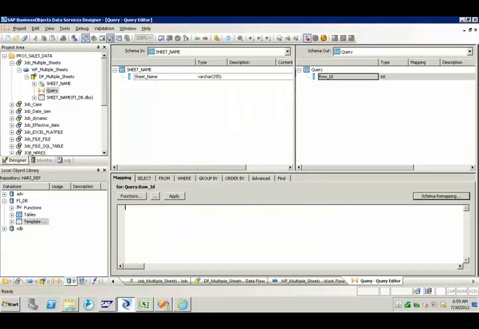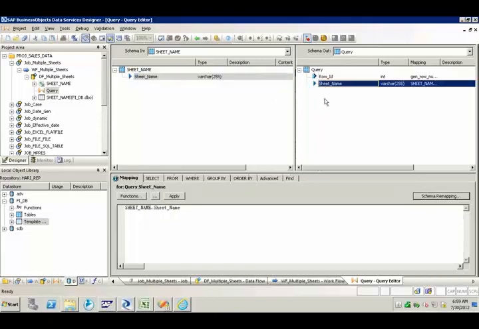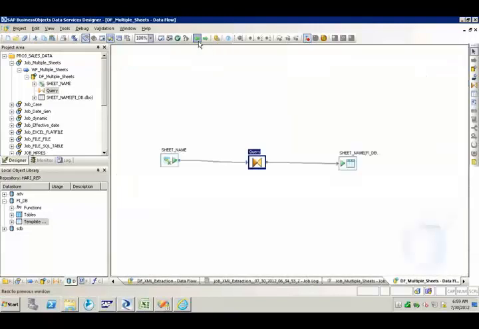Then populate by using a function called gen underscore row underscore number. Next, adding a sheet name. So our data flow number 1 is successfully done. So let me execute this job.